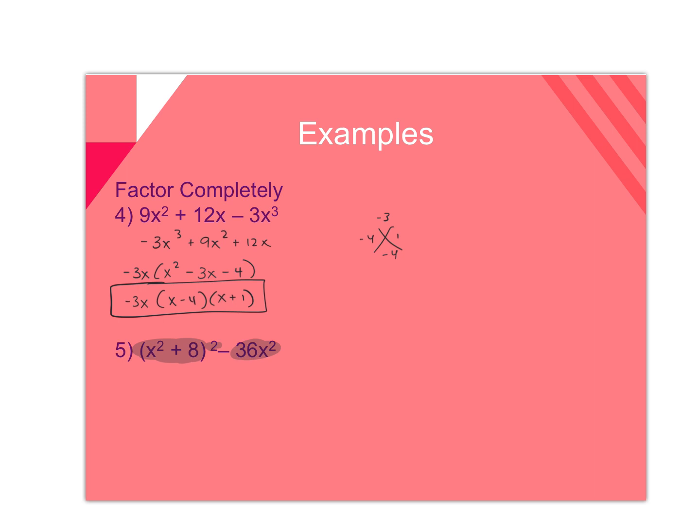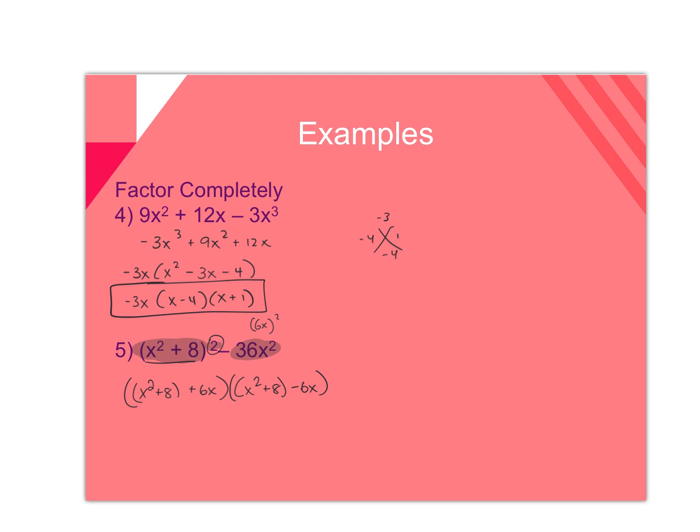So does the first term have a square root? Yeah, this is x squared plus 8 squared. So the square root of that is obviously x squared plus 8. Does the second term have a square root? Yes, it would be 6x, because 6x squared gives me 36x squared. So this is really x squared plus 8 plus 6x and x squared plus 8 minus 6x, if that makes